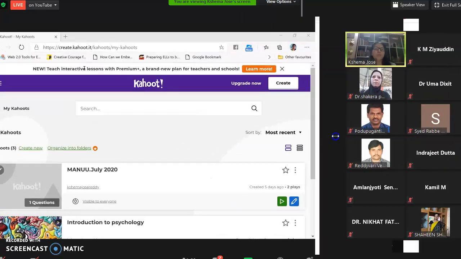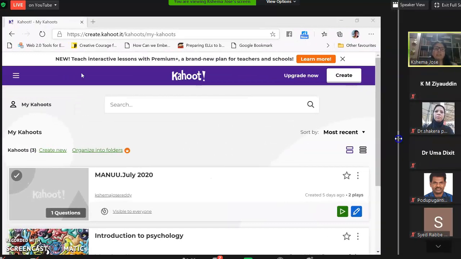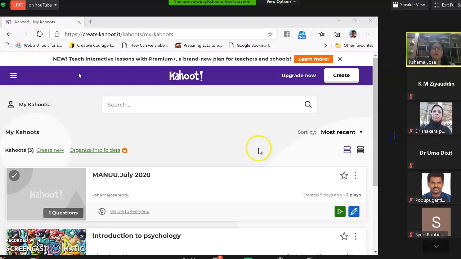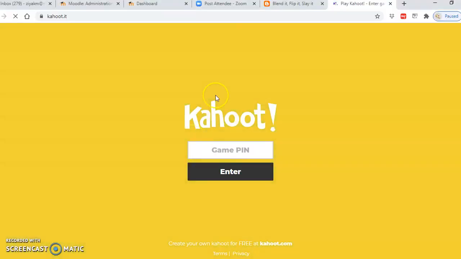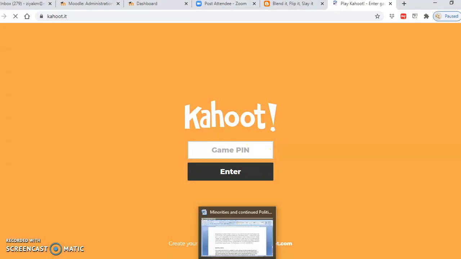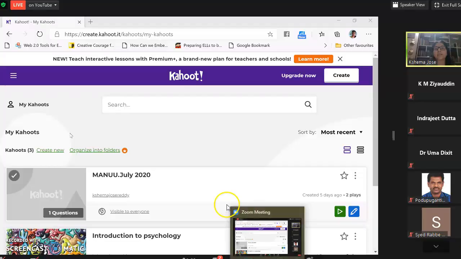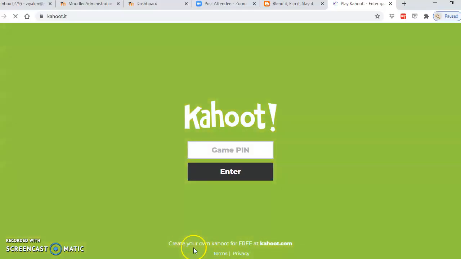Can you all see my screen? Once you log in with your account, see, I have already logged in with mine. Once you create an account, it will ask you for an email and a password. Please remember that the password that all these Web 2.0 tools ask for is not the password of your email.